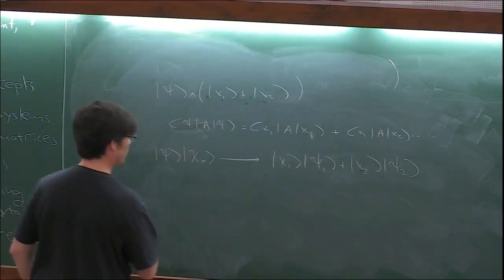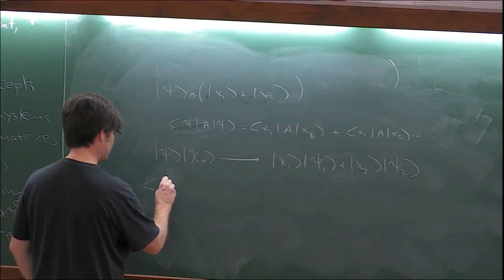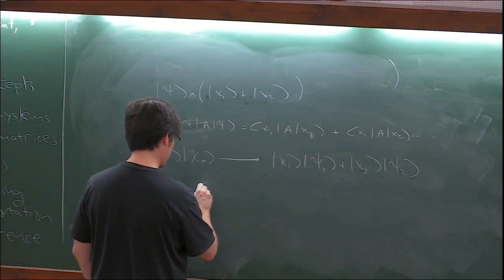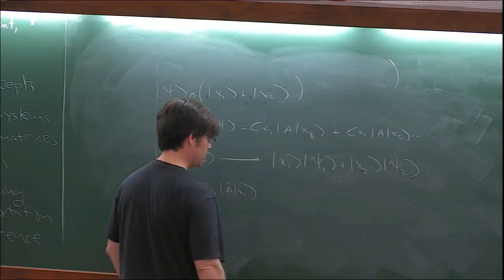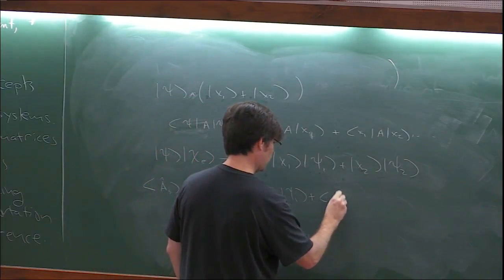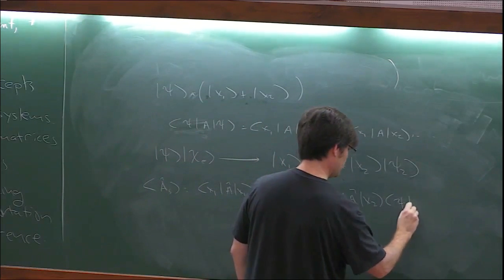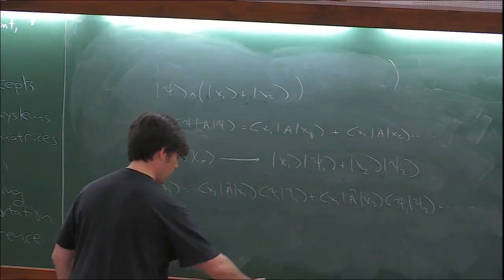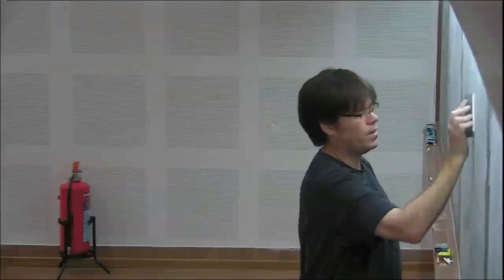In particular, in this case, what you can show is that if I look at, say, A hat acting on the system, I'll get, say, x1 A hat x1 times psi1 plus x1 A hat x2 psi1 psi2 and so forth. And because I'm running out of time,